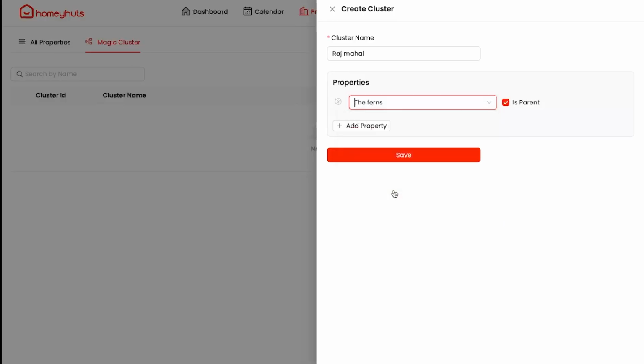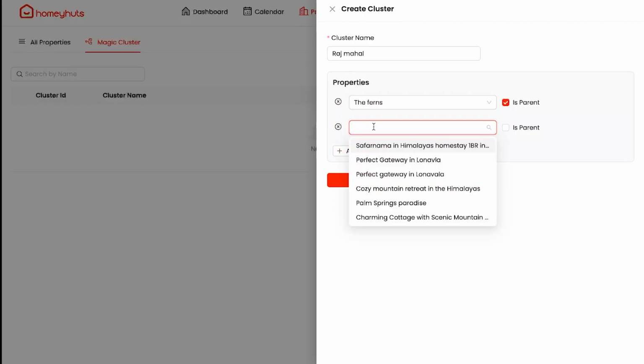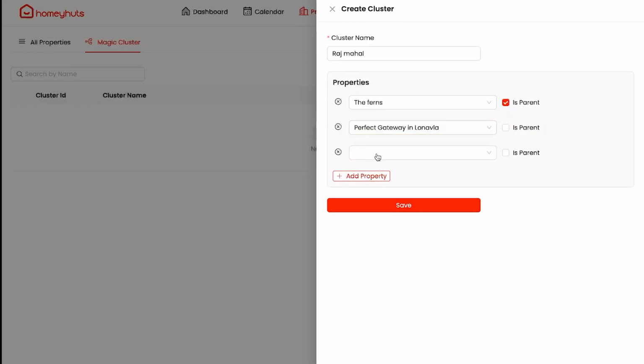Suppose the 4BR property, you can select that and click here as a parent listing. So this could be the entire one and the child listings of that property you can then select. In case you have selected the child listings first and then the entire one, you can just change it from here and click on save.